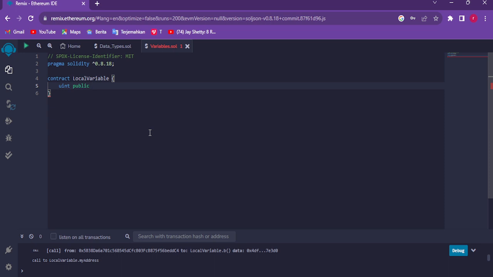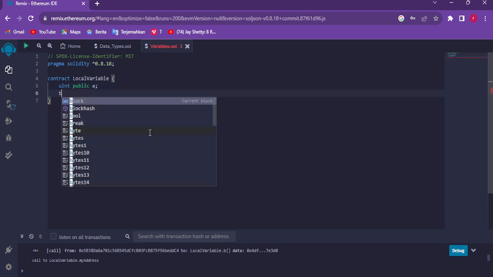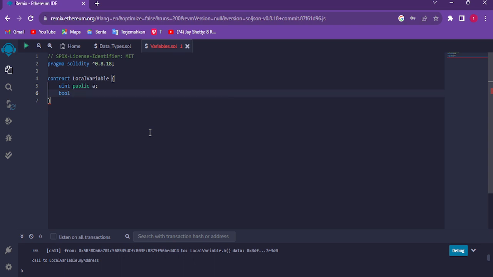We are going to name the uint with a, and then let's just say boolean, which is true or false, with b, and then address with myAddress,